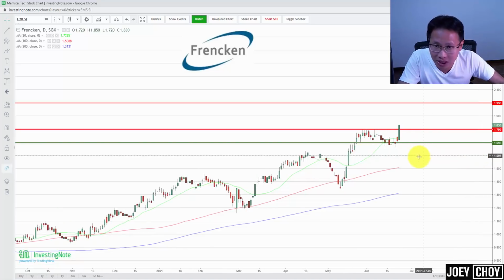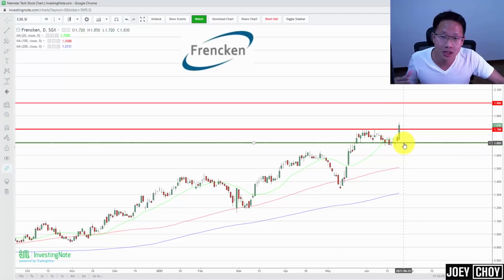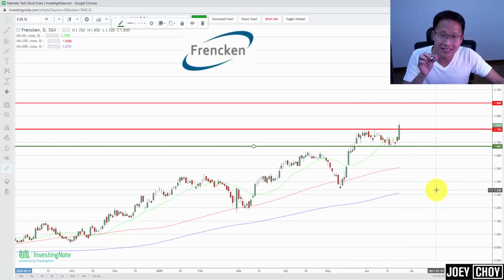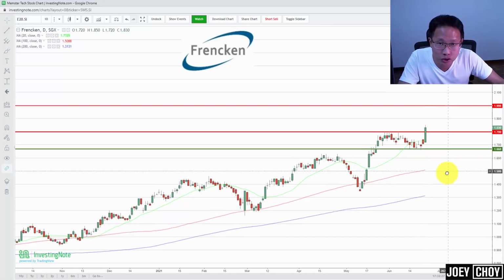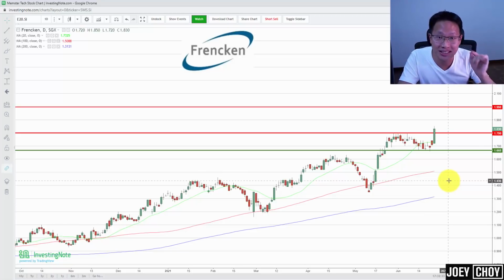$1.80 resistance. You can see we have been touching it almost 5 times. We neared it, and sellers came back to push it back down. So that was pretty much that 10 cents consolidation phase, 10 cents up, down. But today, finally, we managed to break this resistance at about the $1.80, right? The market has closed, and we have closed at $1.83, and that is a good sign, because anything above that $1.80, we want to see prices holding above $1.80, and the fact that it closed at $1.83